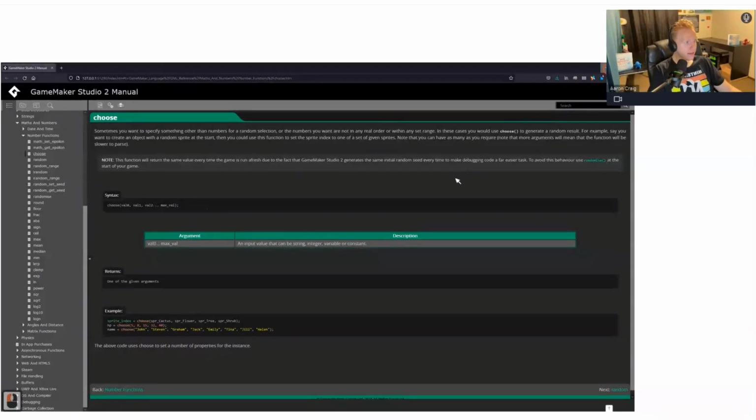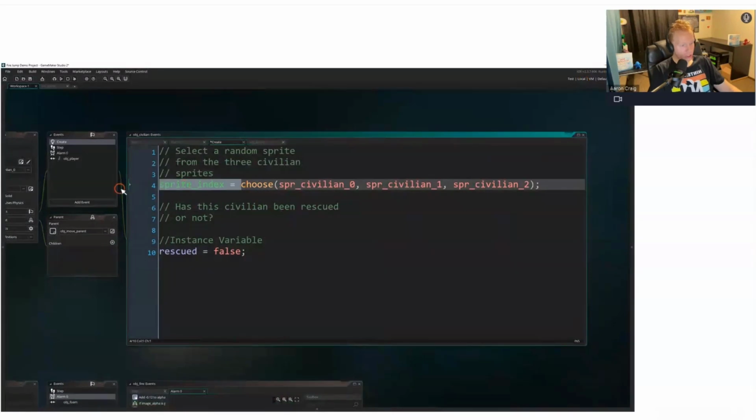You can absolutely call choose by itself. It will do nothing, at least nothing that you can tell. It will return a value, one of these ones, but if you don't save it in a variable somewhere, it doesn't do anything because it's just some code that ran, took up some CPU power, and you get nothing for it. So, functions that return values, make sure you put a variable on the left, say equal, and then catch